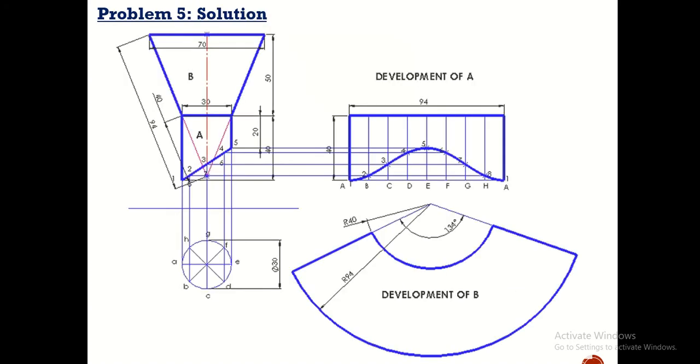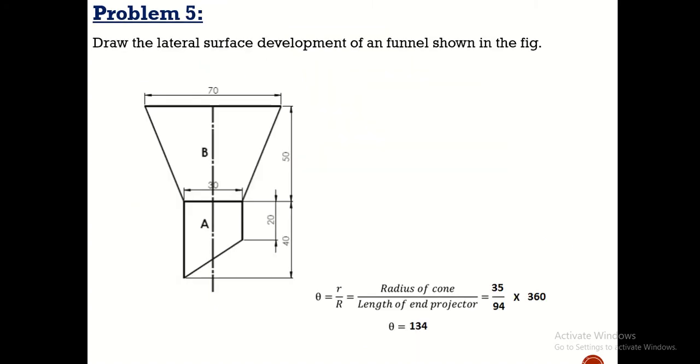As I told earlier, we are going to split into two parts, part A and part B. We are going to develop part A, that is the cylinder, and then we are going to develop part B, that is the cone. Before that, let us look into the dimensions of the given problem. Here the height of the cylinder is 40 millimeter, and the diameter of the cylinder is given, that is 30 millimeter, and at a distance of 20 millimeter from the top,